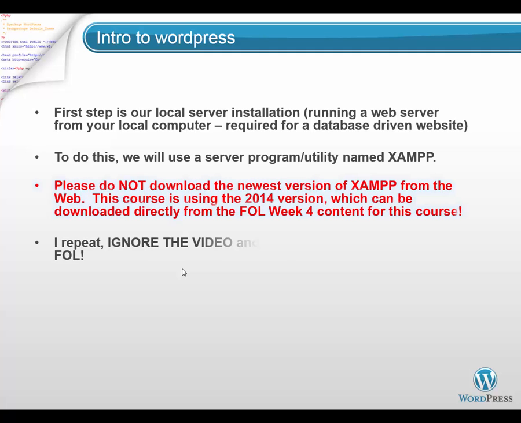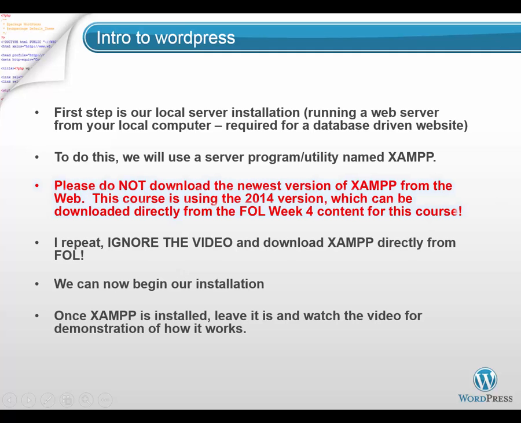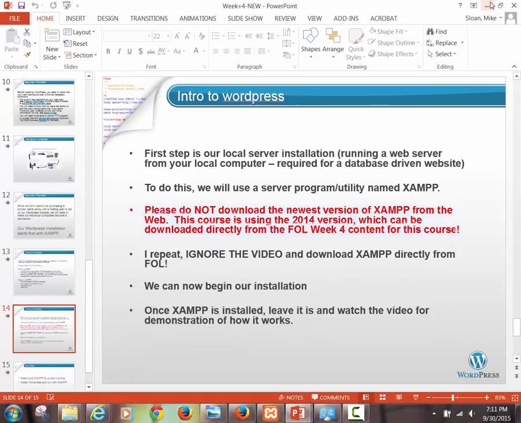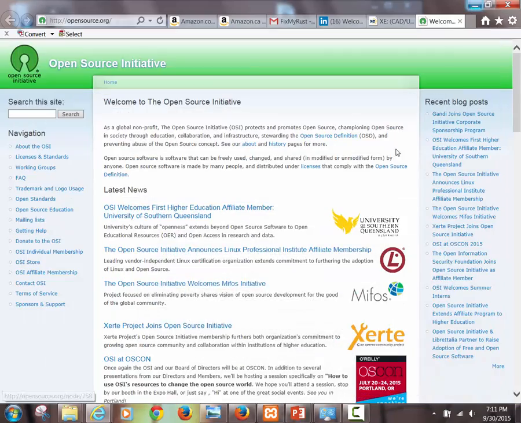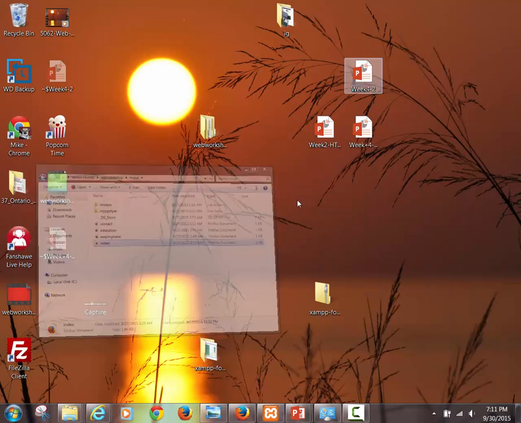If you happen to be watching another video that you saw of mine and it says go to apachefriends.org and download XAMPP, do not do that. Get it directly from Fanshawe Online and then it'll match what you see in this video. If you don't have access to Fanshawe Online, just find an older version. So the version I'm going to use here, so this is the local server utility. It's a program. You guys have all gotten this now. The version we are installing, if you want to go on the web and find it, is